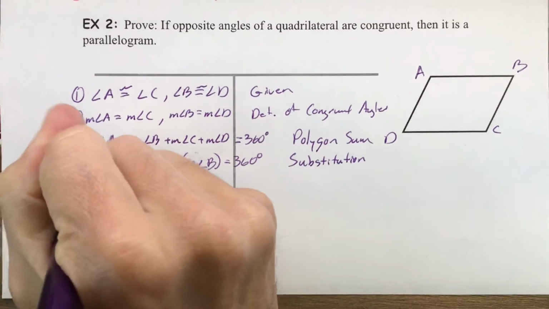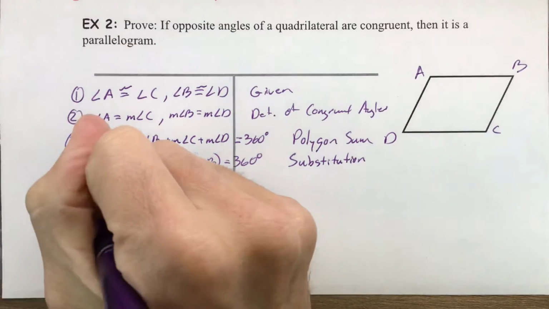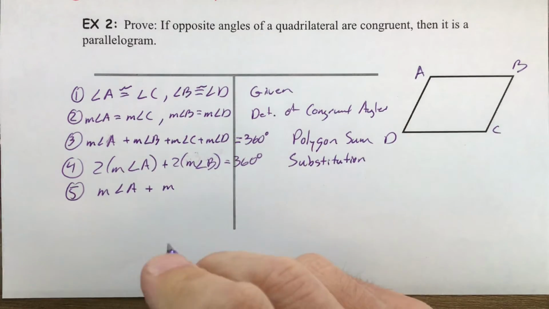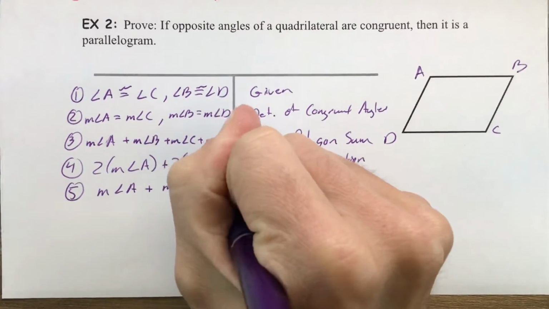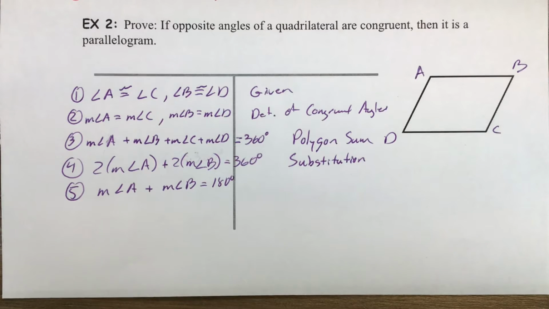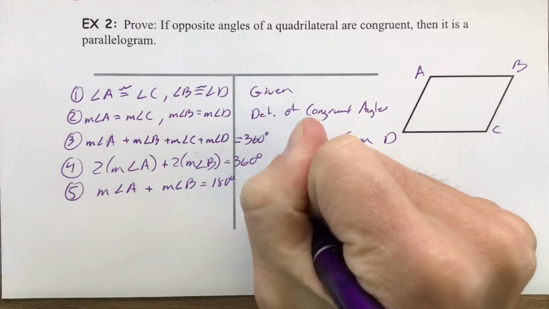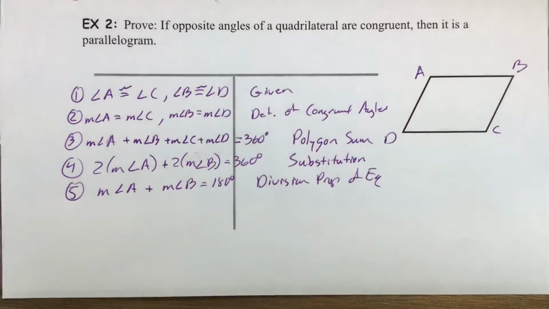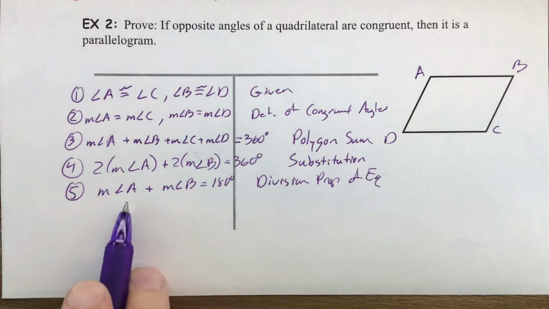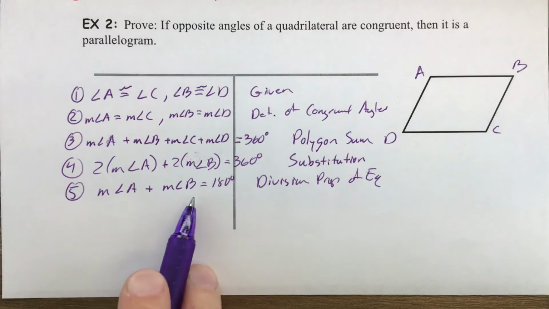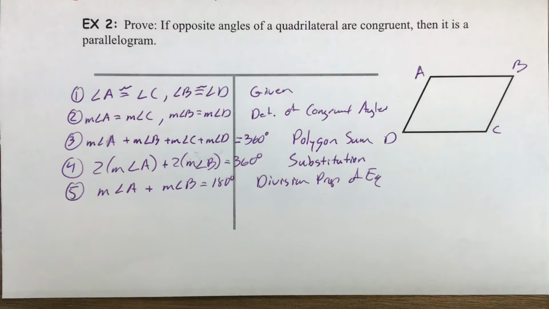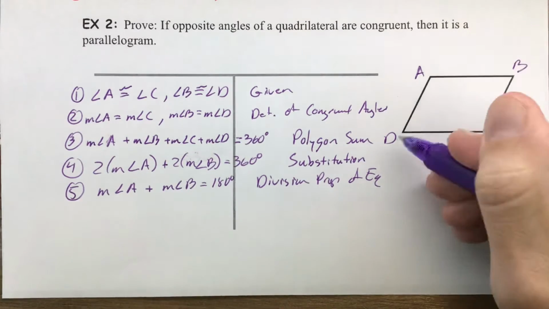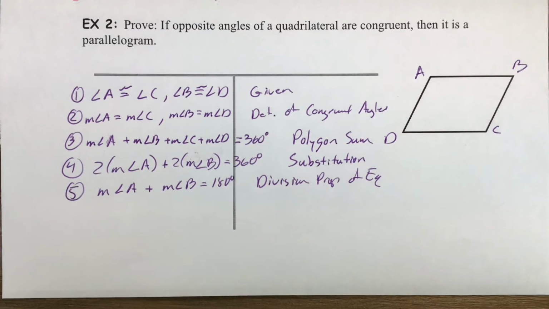So we'll just let that be in the same step. Okay, and then for 5, I can divide everything by 2. The measure of angle A plus the measure of angle B is going to equal 180 degrees if you divide everything by 2. So division property of equality. And what's special here is that these are now supplements, that A and B are supplements. And if you go back to the picture, A and B are consecutive interior angles with respect to AD and BC. So that tells us, because they're supplements,